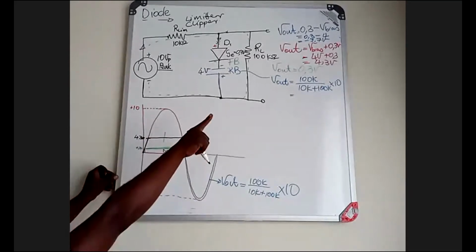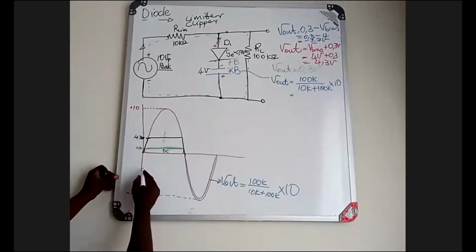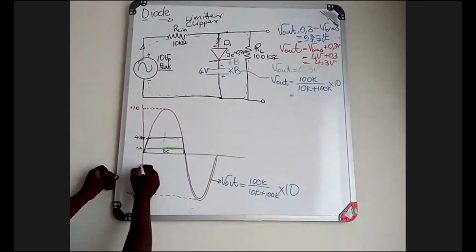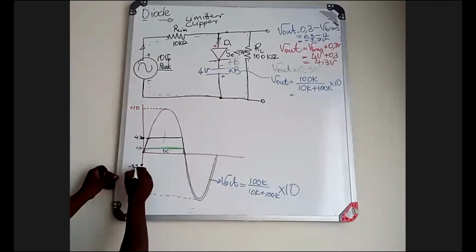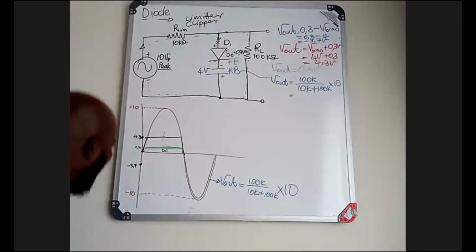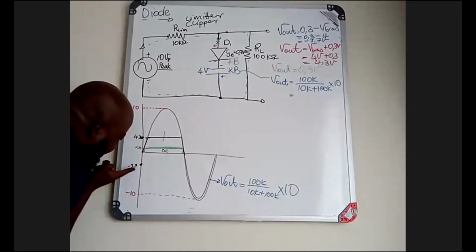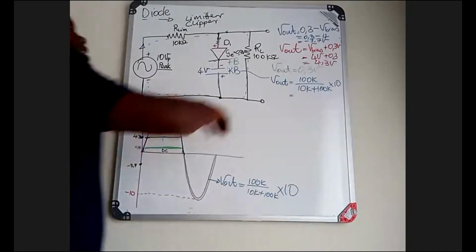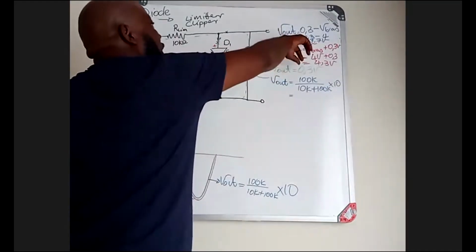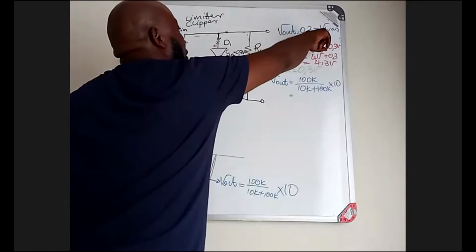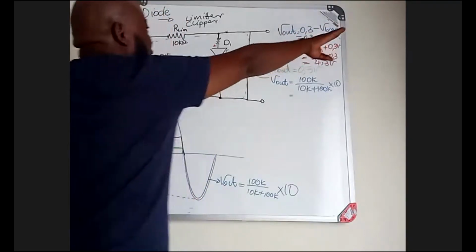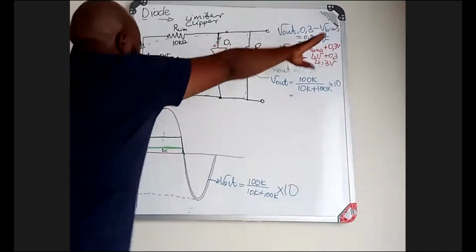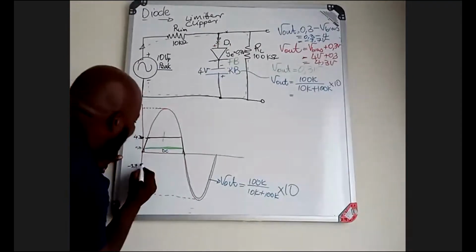But that output is on the negative side, which means it needs to be somewhere there, which is my minus 3.7 volts. Anything that is above that voltage is not something that I wanted to use, because it says you can only use a V out of minus 3.7 and below, which means on your signal,